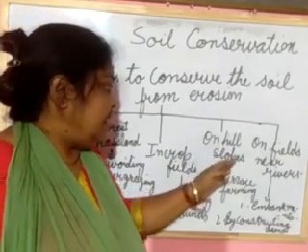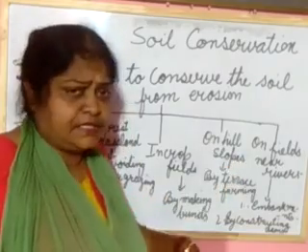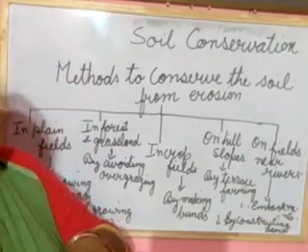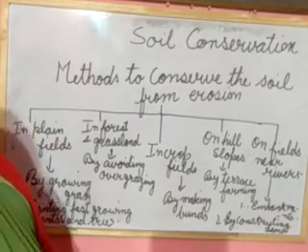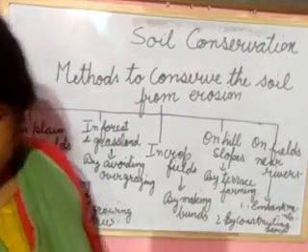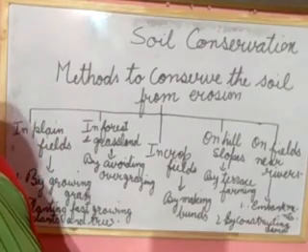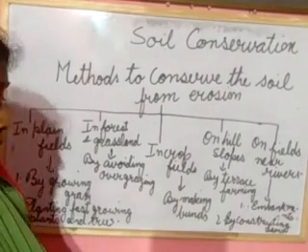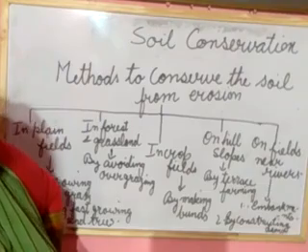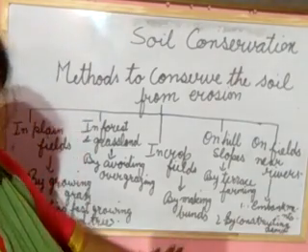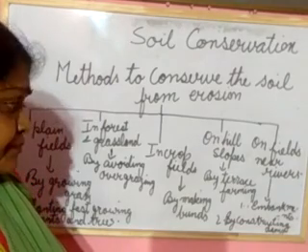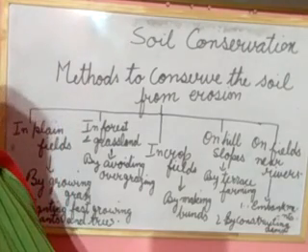In the hill slopes, the sloping area is there. If the sloping area is here, what happens? Water will flow, it carries the topsoil, and then the topsoil will be carried off. So what do we have to do? To avoid wastage of that soil, we have to do step or terrace farming.